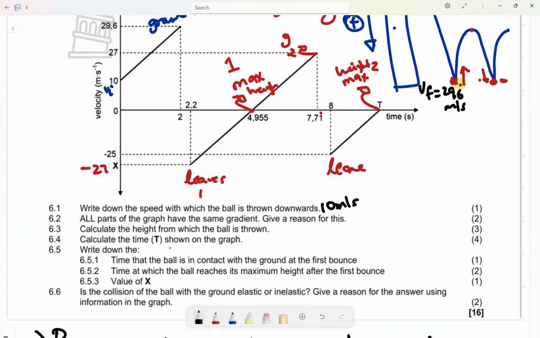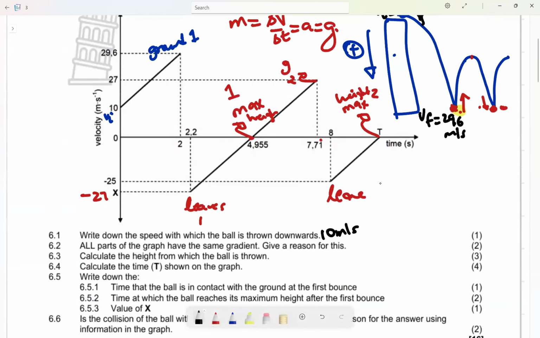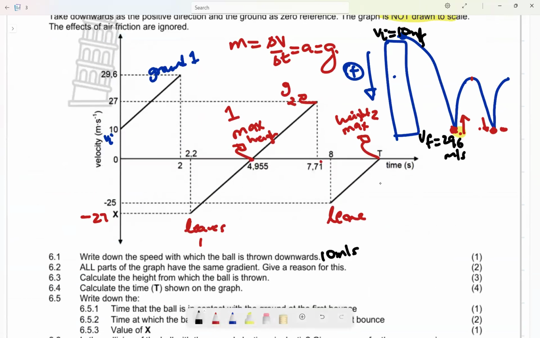6.4, calculate the time t as shown on the graph. Time t, how can I calculate this? Use the gradient formula. My gradient is equal to change in v divided by change in time, and I know my gradient is equal to acceleration, which is 9.8. What is my change in v? My change in v will be v final